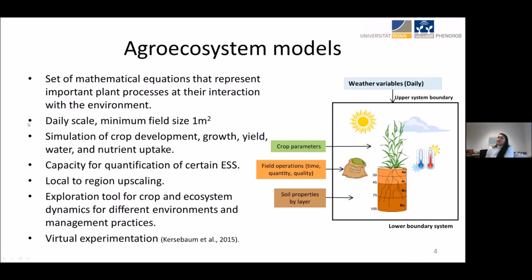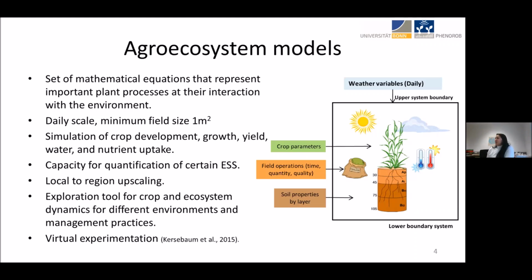So these models typically run on a daily scale, and the minimum simulation unit is 1 square meter. These agroecosystem models are able to simulate crop development, growth, yield, and resource uptake by the plant, and we are able to quantify certain ecosystem services with them, which I'm going to mention later. Also, they can be very useful for model upscaling, going from local to the regional scale to study these impacts, and they can also serve as an exploration tool